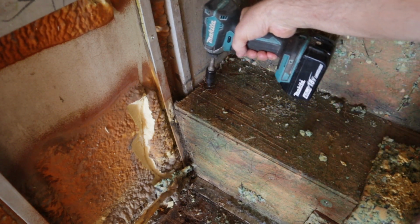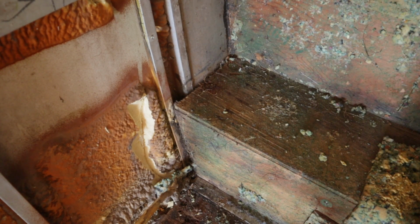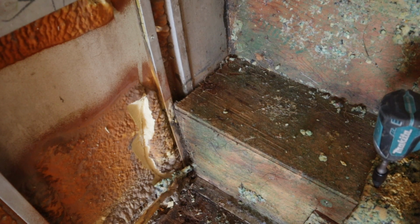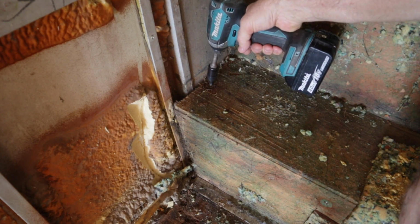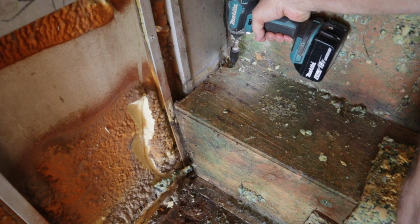There's a fastener there. It's hard to see. It's rusty here and here. There's some more along there, and they're regularly spaced. So I think those are going to be original equipment, but I don't know how they come out. It just spins. Every one I've tried now